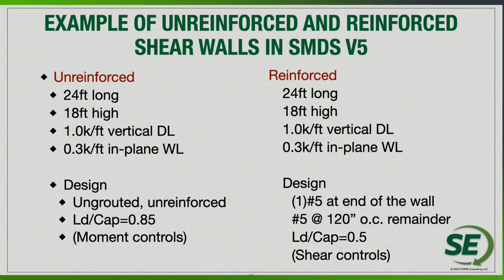Ungrouted, unreinforced, the load to capacity ratio is 0.85. So it technically works for the unreinforced section. Moment's going to be controlling. So the moment equations are going to be what give us our overall demand. If we add just simply,